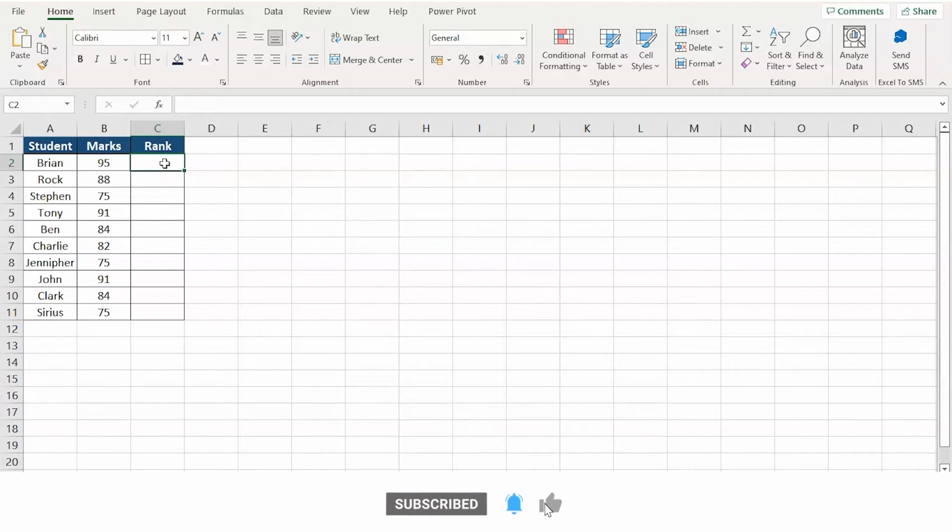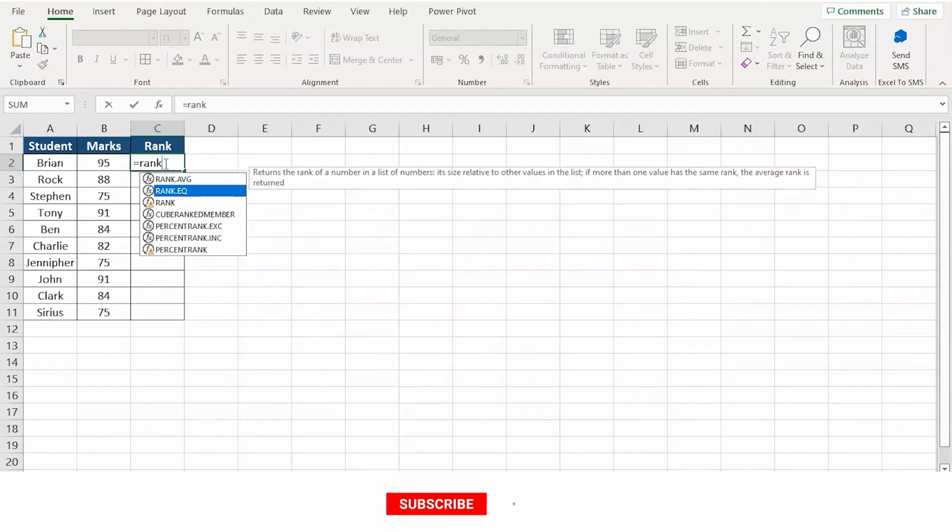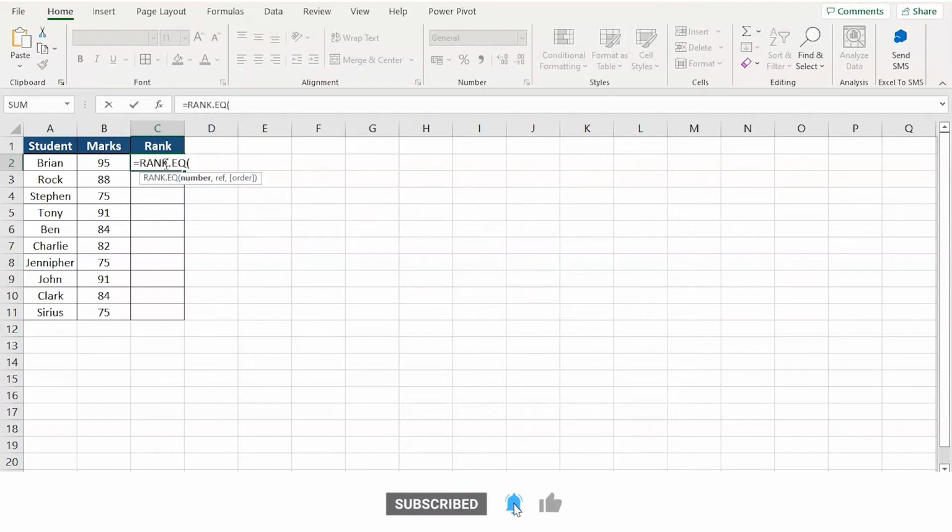Hey everyone, today we have some data on my spreadsheet and we're going to use the RANK.EQ function to organize these numbers in terms of ranks. So it is pretty simple. Just type in equals and RANK.EQ and press tab to select it. Now the comparison cell, that is B2, and the range of cells, right? Now press F4 to freeze it,